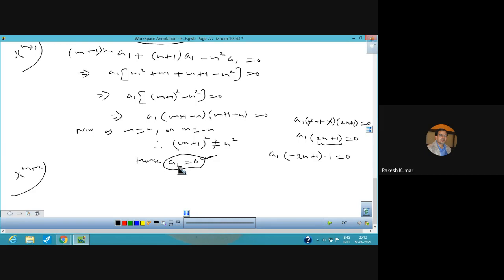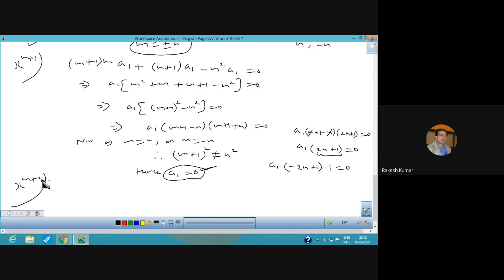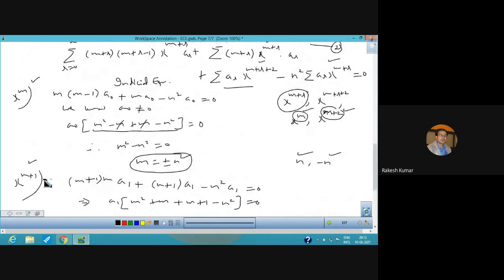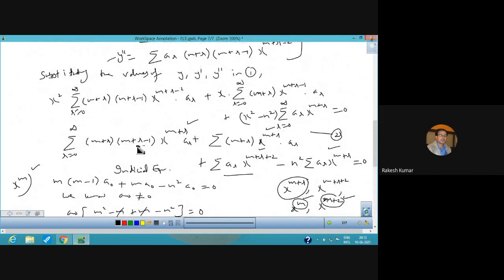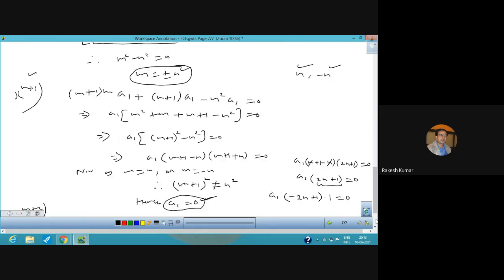Now we just need to equate the next coefficient, that is x raised to power m plus 2, from the same equation. This will come when you put the value of r as 2. Here it is also 2 and here it is also 2. So here it will also come when you put r equal to 0. Now look carefully, the third summation will play a role when you put r as 0: m plus 2, and from here the coefficient equated will be a naught. We will now use this in this equation.